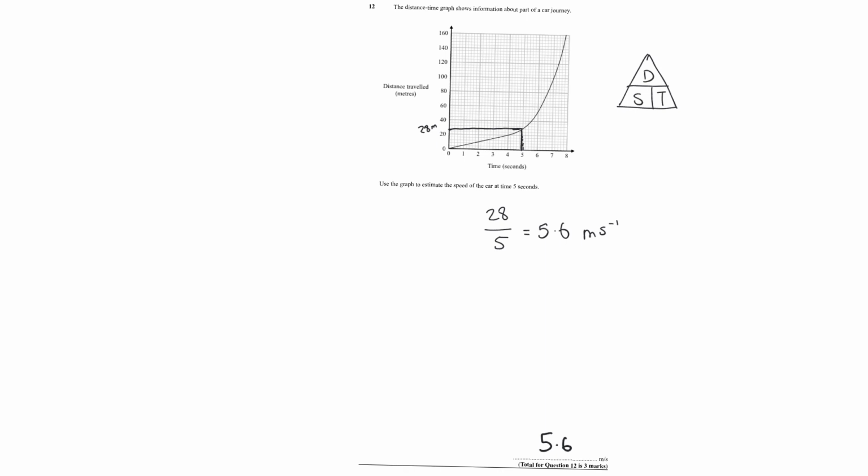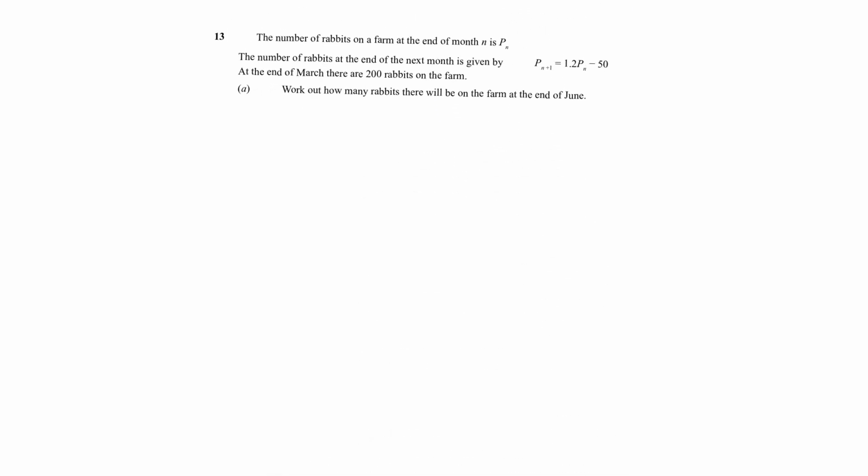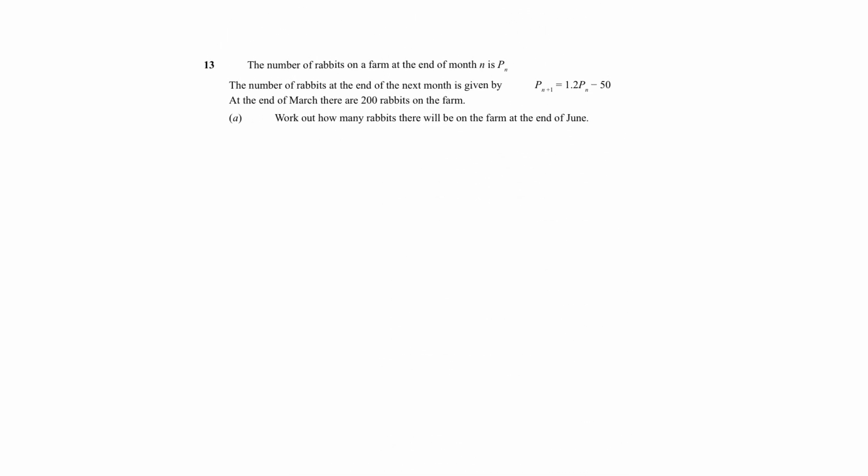Okay, so on to question 13. It says the number of rabbits on the farm at the end of the month is Pn. So it says the number of rabbits at the end of the next month is given by Pn plus 1, and it says at the end of March there were 200 rabbits on the farm. So it wants us to work out how many rabbits there will be on the farm at the end of June. So if at the end of March there's 200, then at the end of April,